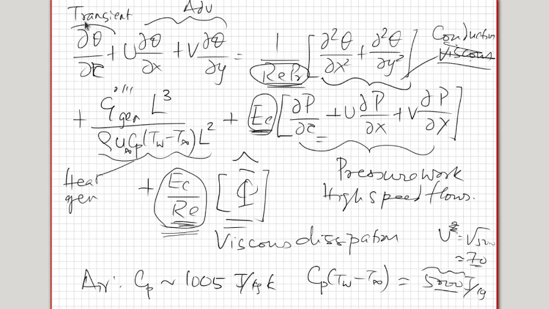So the rate of change of energy in a control volume, which is determined by the transient term, would be determined by the rate of advection and rate of diffusion. The relative magnitude of these two is determined by this term, RePr. Energy can be generated in the domain because of pressure work, or because of dissipation of flow kinetic energy due to viscosity, or because of any other mechanism by which heat is generated. So that explains the various terms that need to be included or neglected in the energy equation.